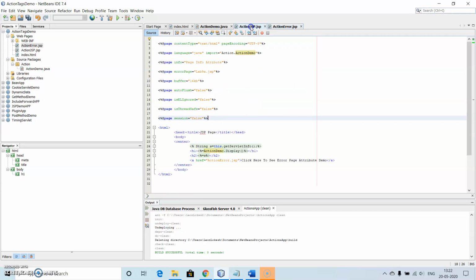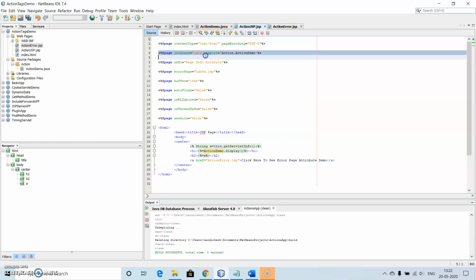Now let's understand what is there inside the action JSP.jsp. So first line we can see that we are making use of the content type, that is the MIME type of our output page. It will be in the form of text or HTML. You can set it to another format like PDF and so on by using the content type. Then next we are trying to import things into this page, page import, in the form of a language from Java. We can use even C, C++ also, and here we are using the package name along with the class name,